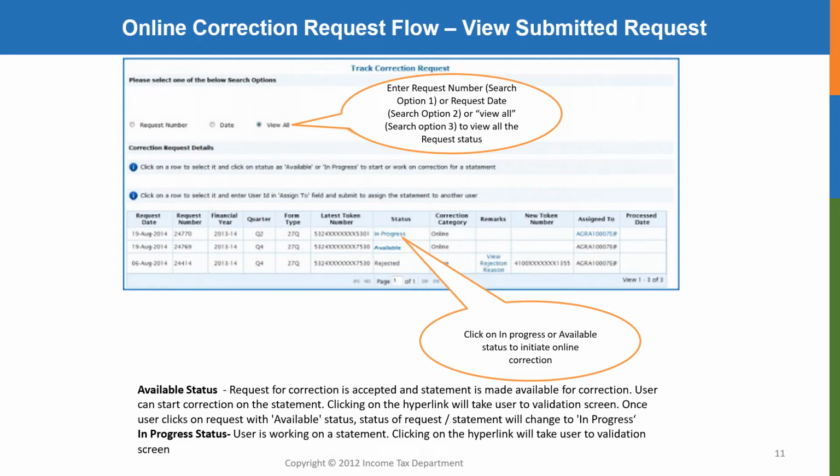Alternatively, you can also use the view all option, which will display the details of all correction requests made by you. Now the request will have four types of status. If the status is shown as available, you can click upon that and proceed with the correction. Once you click upon the available status, the status will change to in progress, which means that you have started